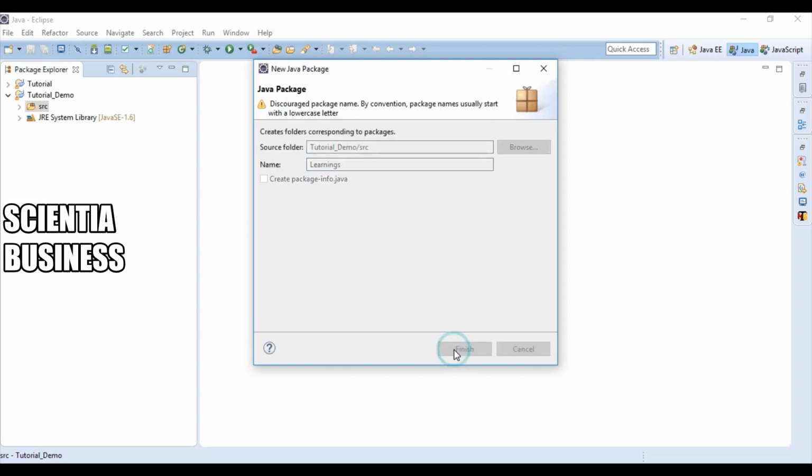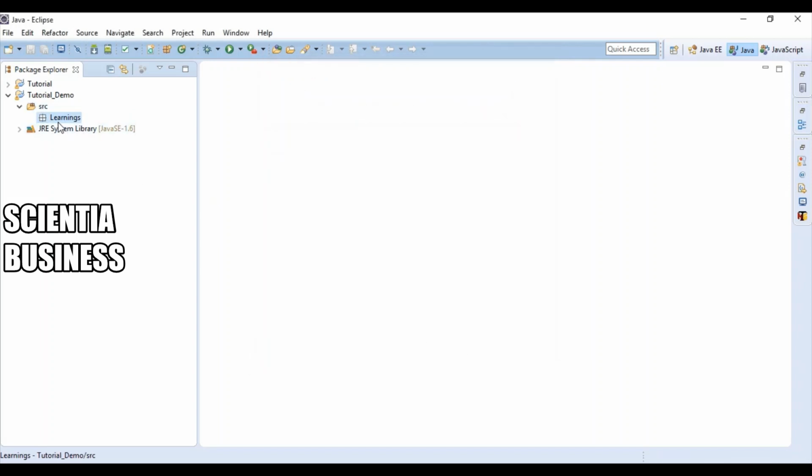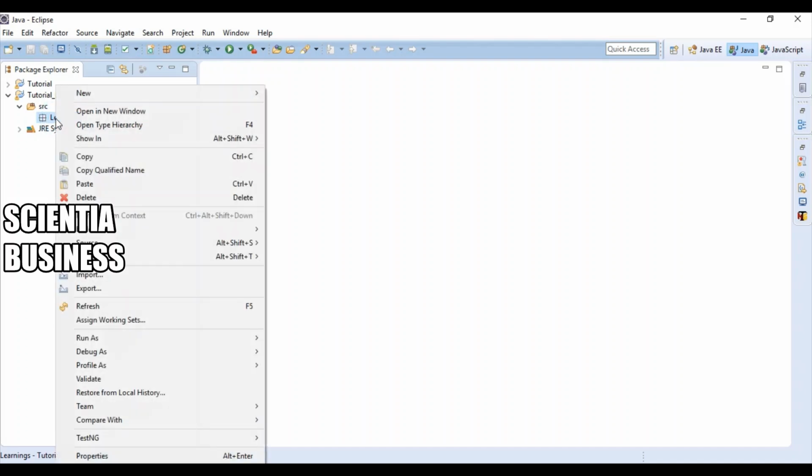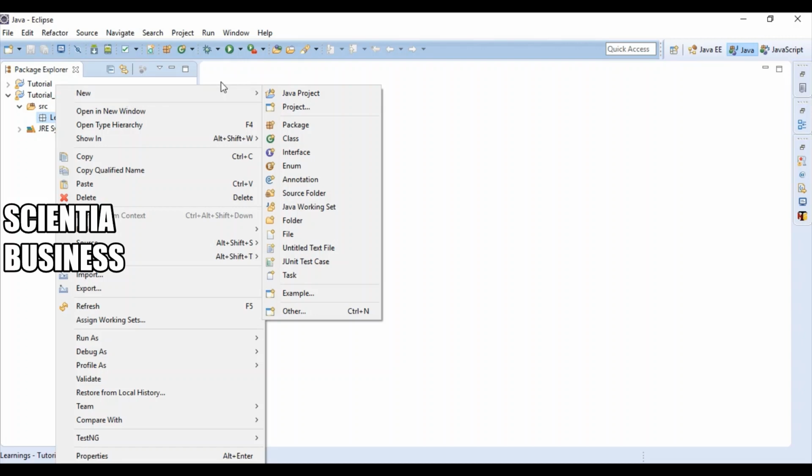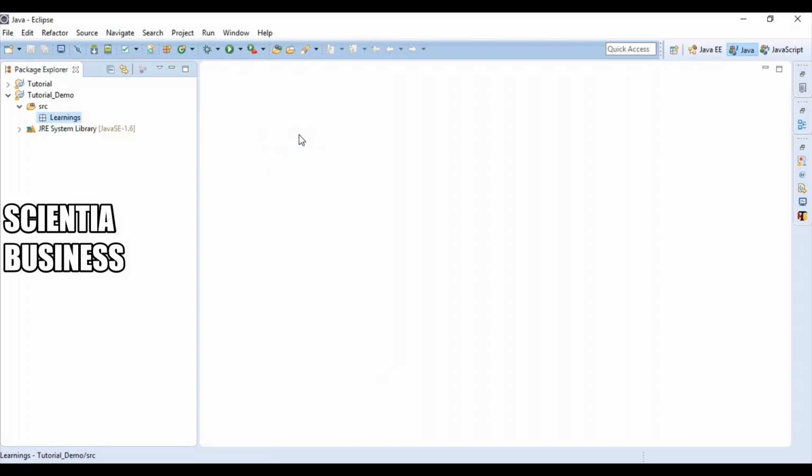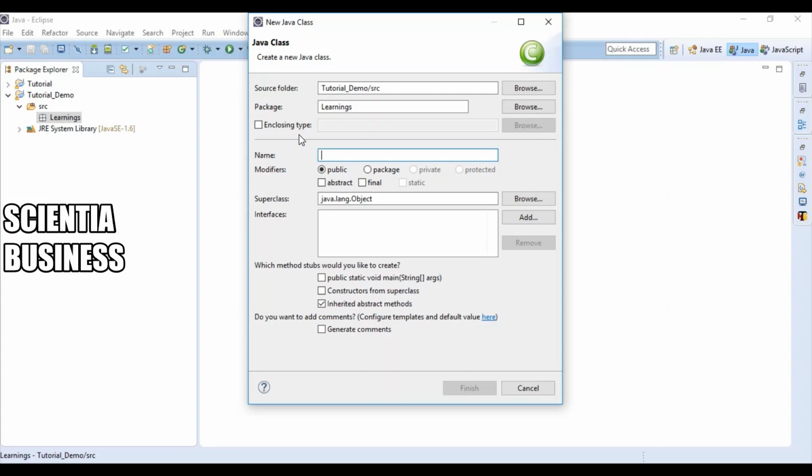So I've just created the package, and for whatever test cases we will be automating, I would be creating a class for each of them. In order to create the class, we need the package that we have already created, and under this package we'll be creating a class. Just right click on the package, go to New and click on Class. So this would automatically create a new class.